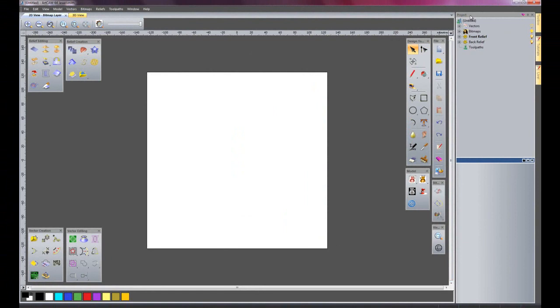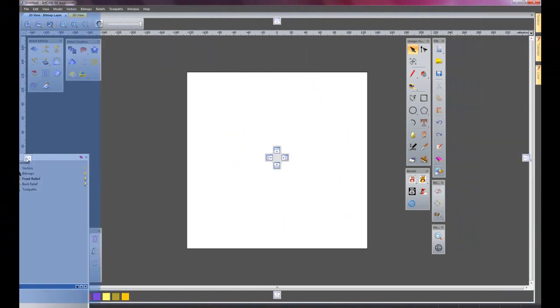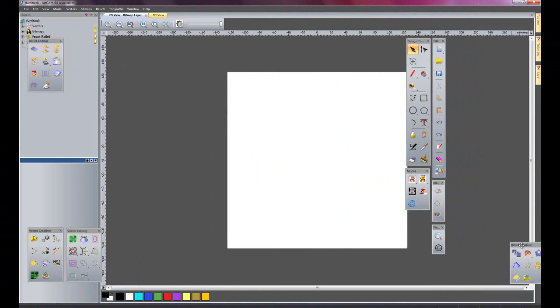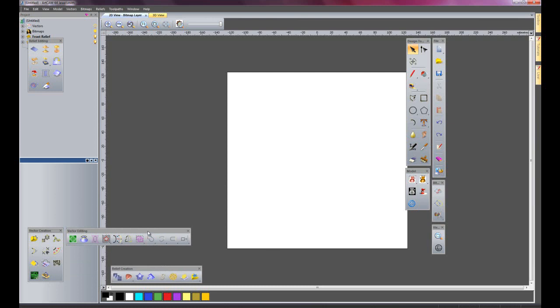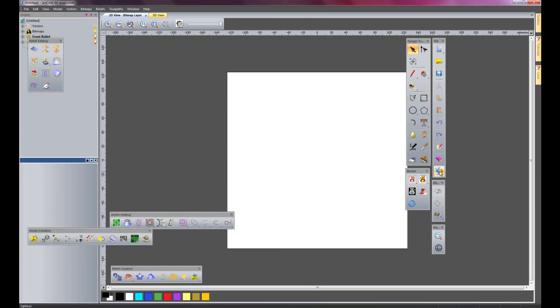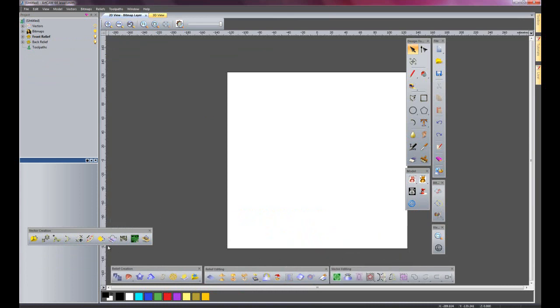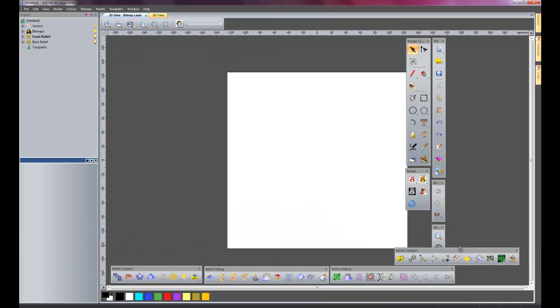Sometimes I like to have my project tree docked on this side, so I'll put that there, and then I'll have my relief creation all here along with the vector editing and relief editing. Create these as single lines, move that along there, and I'll have all my editing along the bottom. Just had to double that one up, and then